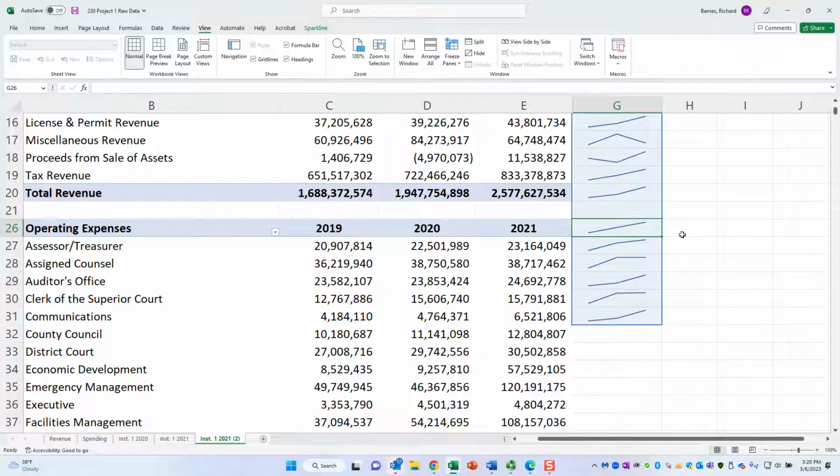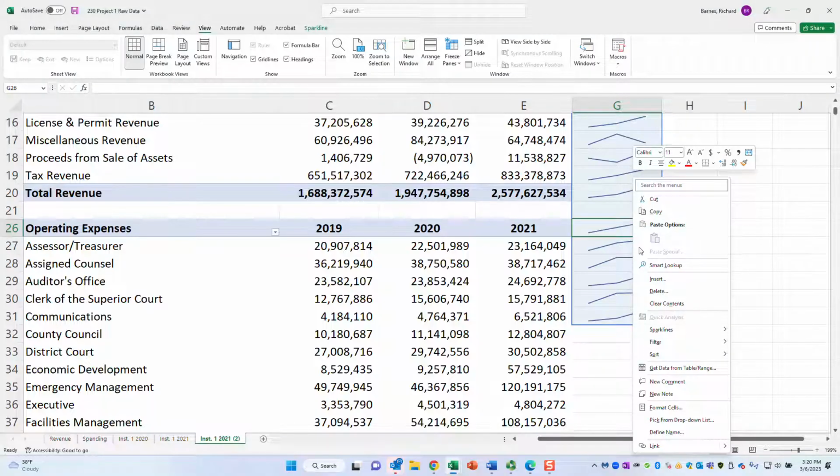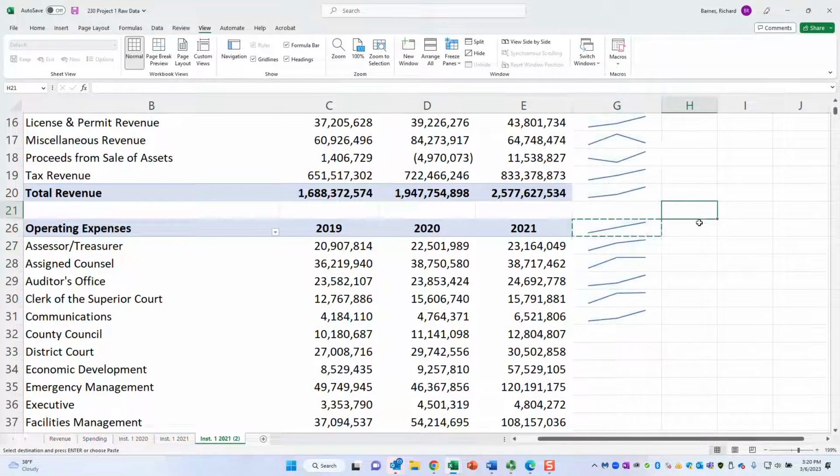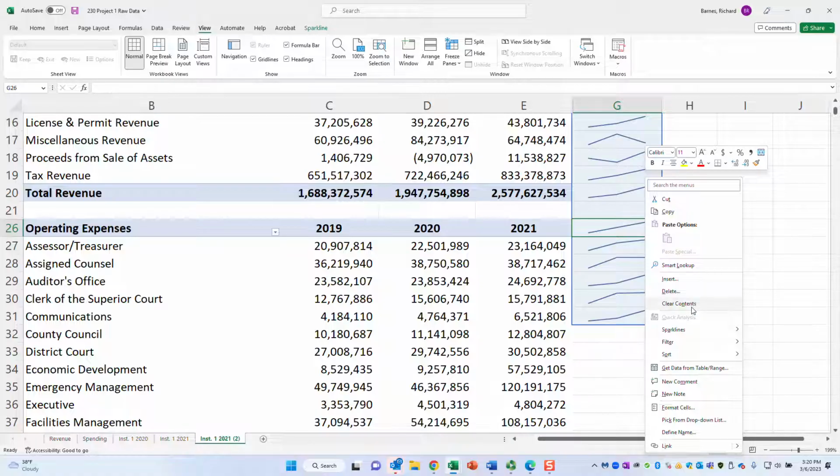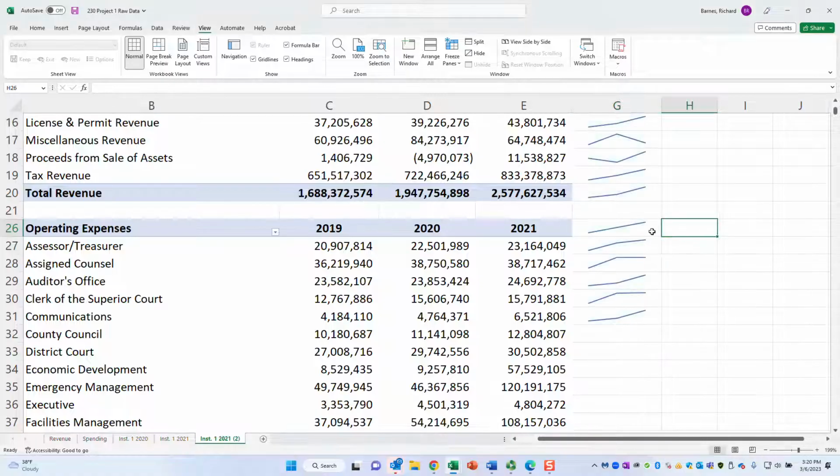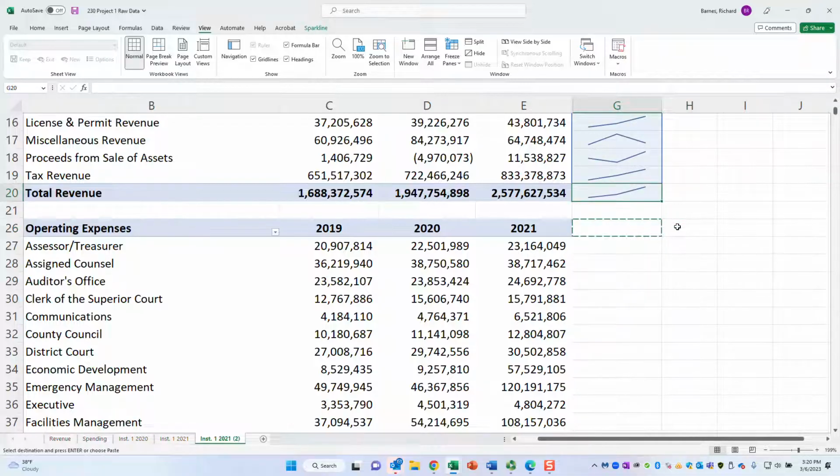So I'm going to delete the one for year. Just come right here, and we're going to remove it. Okay? Oh, well, that didn't work. So we're going to come right here and go to Clear Contents and make it disappear. Well, that apparently doesn't work. So what we'll do then is we'll undo it, grab this one right here and copy it, and paste it